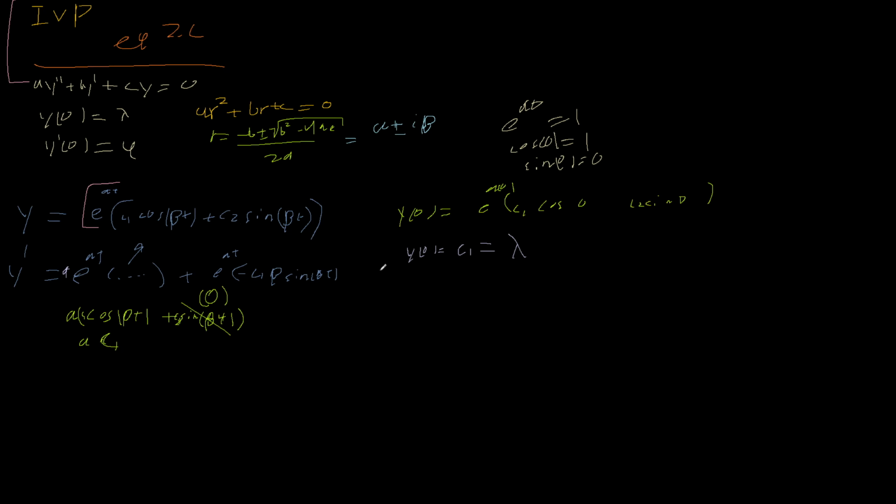And then once we differentiate, well, this is going to be 0, and then we're going to get this plus the c2 cosine term, right? So we can pretty much cheat a little bit, because the only y prime we're essentially interested in is y prime at 0. It's going to be alpha c1